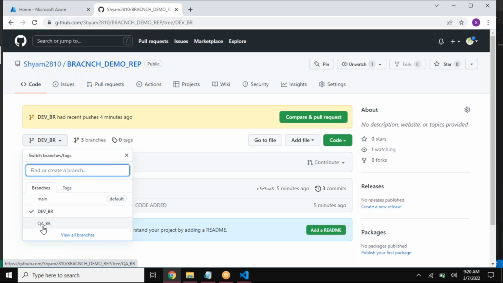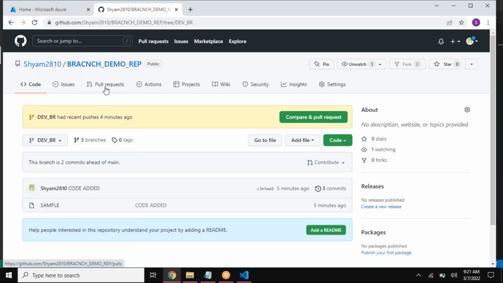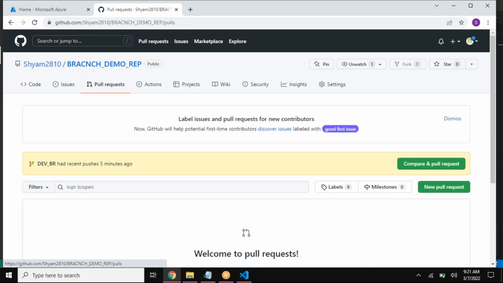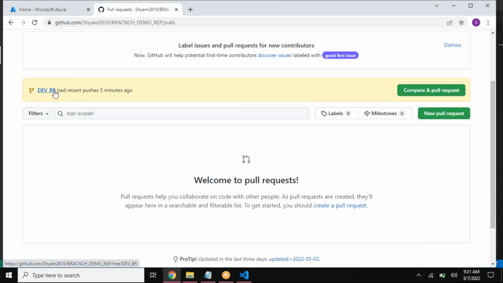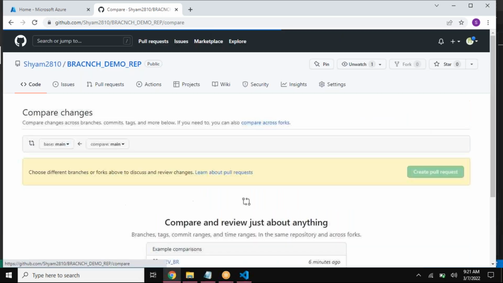That particular part can be done using your pull request option in here. A pull request is something like you're trying to pull the content from one branch to another branch. So just click on pull request. Since you already have new code that came from your local machine, it's trying to say compare and pull request. I don't want to go with this one here. So create a new pull request. Now from where to where? I would like to go from my dev branch